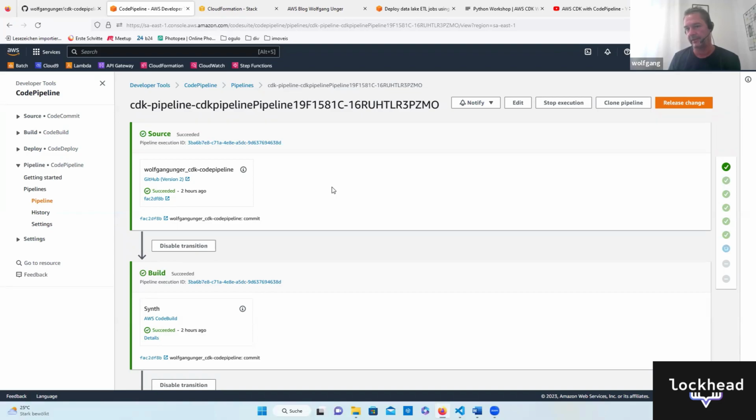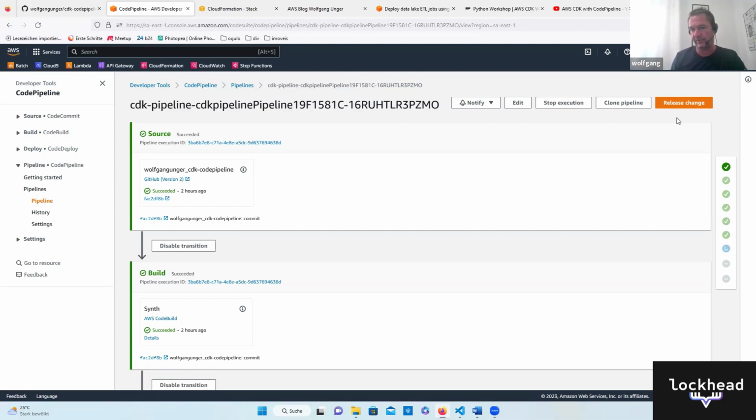We can see the CDK code maybe in a second. Just a question: I've been playing around with CDK in a way that you can have a parameter that defines the environment, and then you can actually deploy the same CDK application multiple times into one account. Is this something that you have also done and that you think is worth exploring, or is what we're doing here best practice? Well, for our pipeline, I think it's good to use these stages and add your stacks